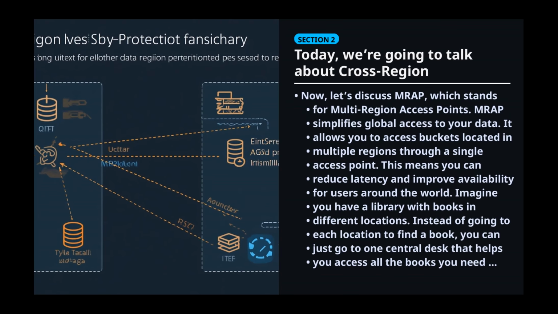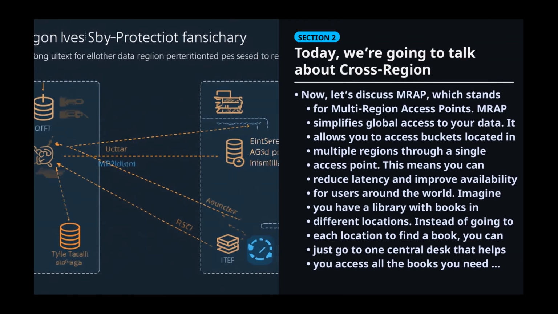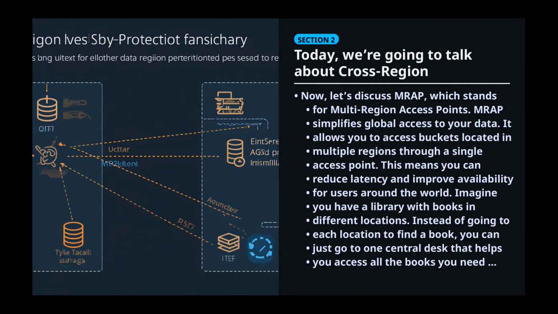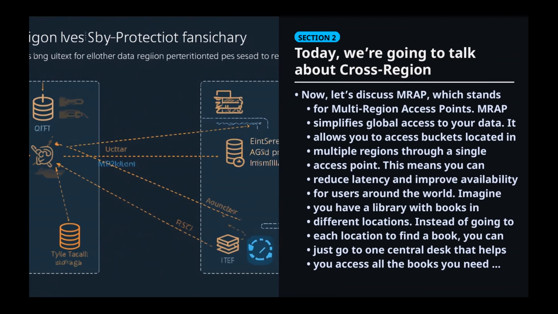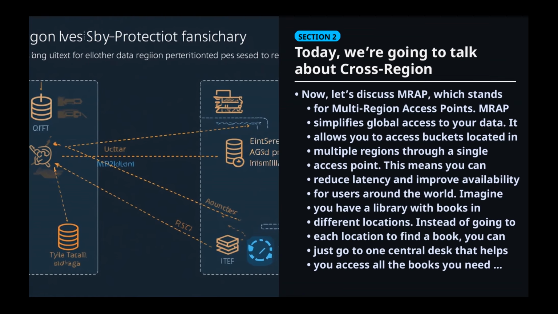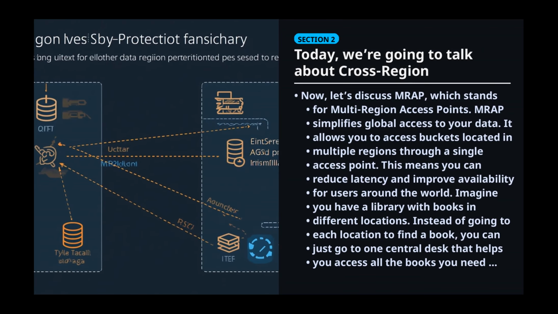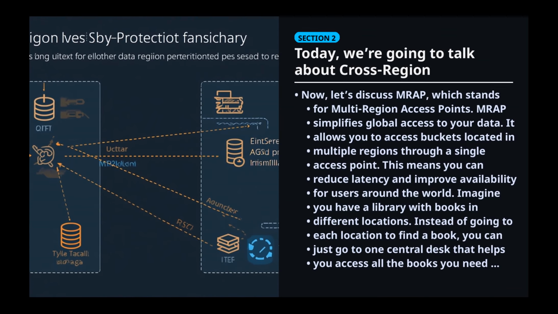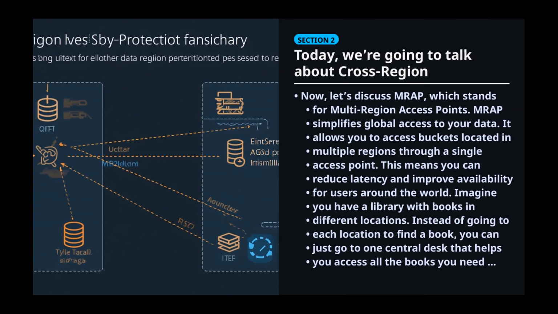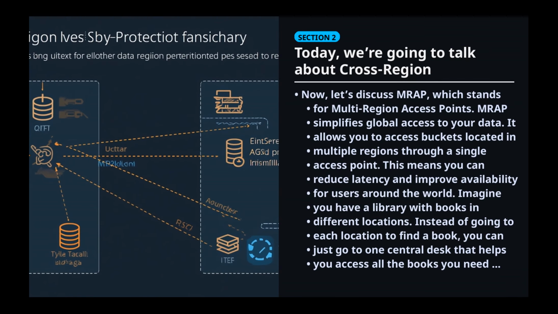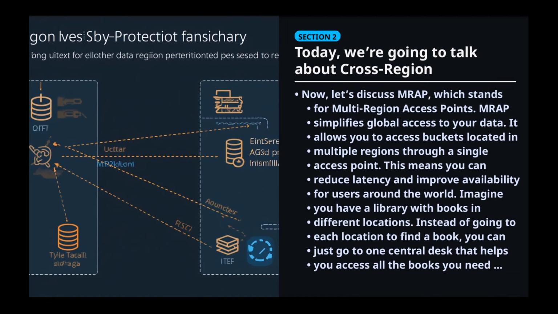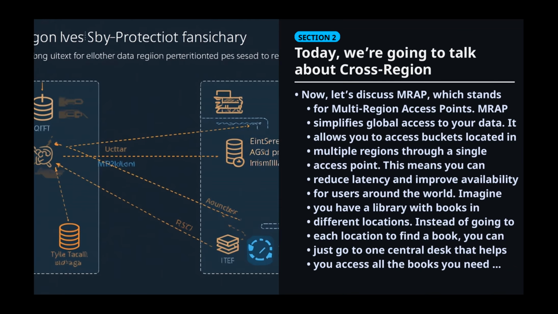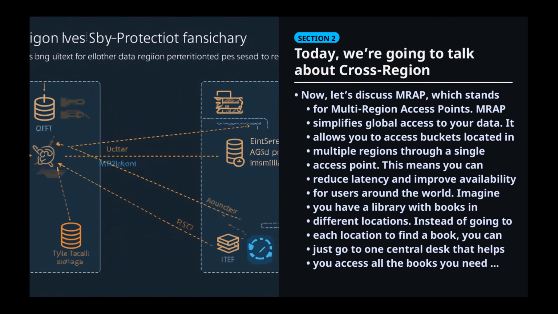Now let's discuss MRAP, which stands for Multi-Region Access Points. MRAP simplifies global access to your data. It allows you to access buckets located in multiple regions through a single access point. This means you can reduce latency and improve availability for users around the world. Imagine you have a library with books in different locations. Instead of going to each location to find a book, you can just go to one central desk that helps you access all the books you need. In summary, CRR and MRAP work together to enhance data availability and accessibility across different regions, making your data management